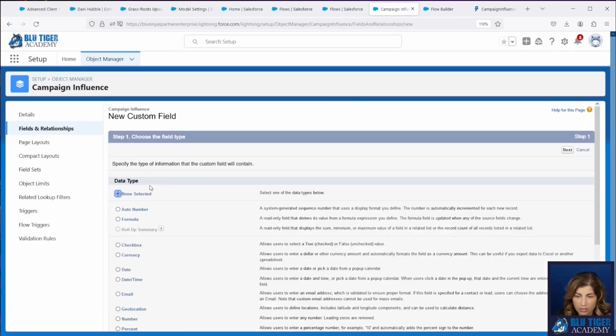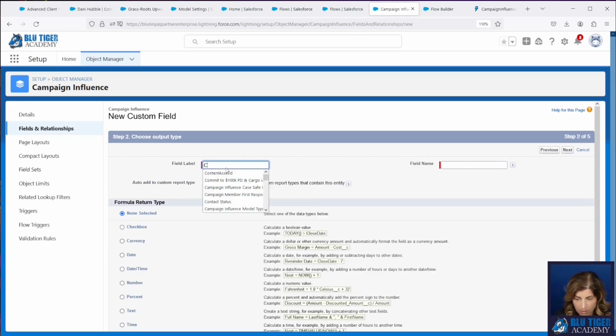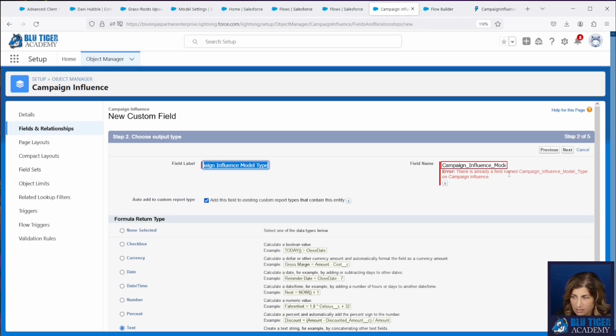You'll click new. And you'll do formula, and this is going to be your campaign influence model type. It's going to be text, and it's giving me an error because I already have a field named this.